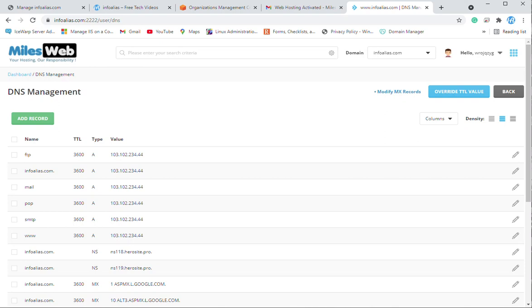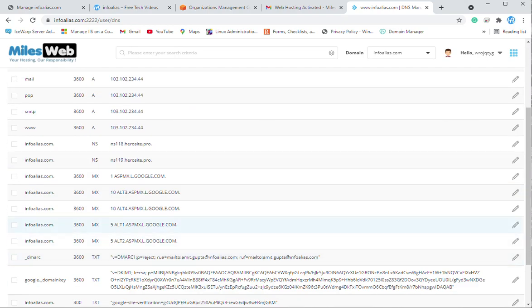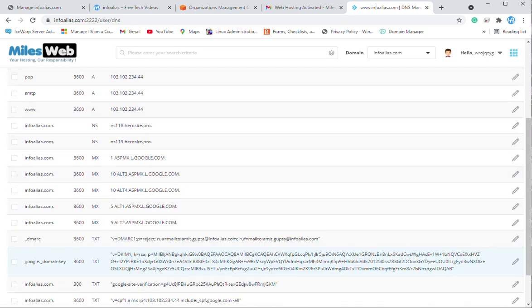Route 53 is also a DNS web service, and it is a highly available and scalable cloud domain name system. We will see how we can move all records, including A records, MX records, and other TXT records.